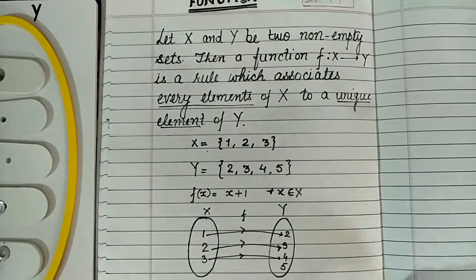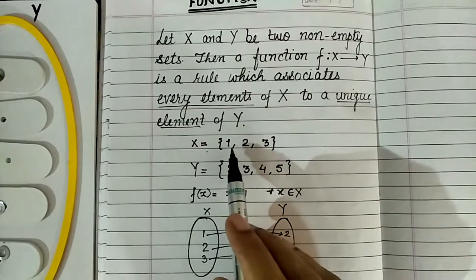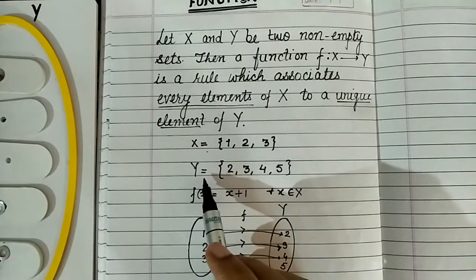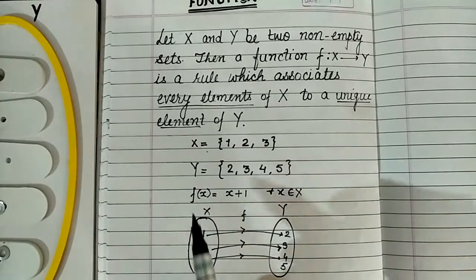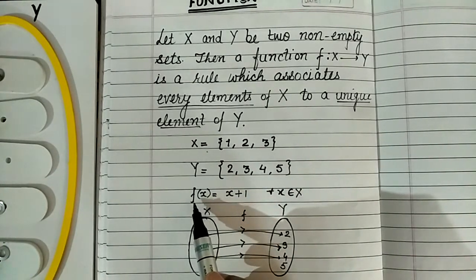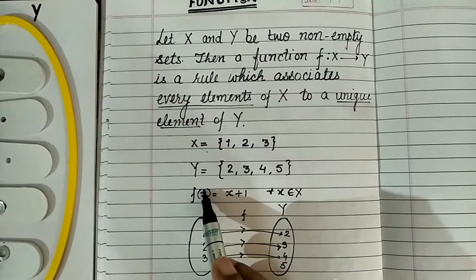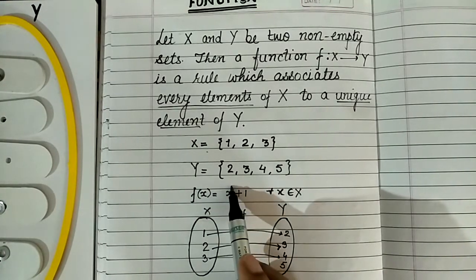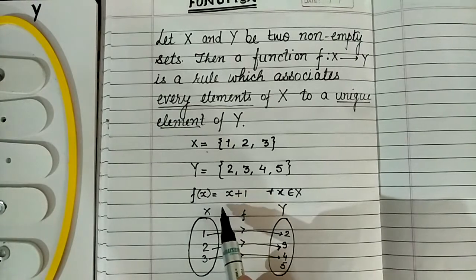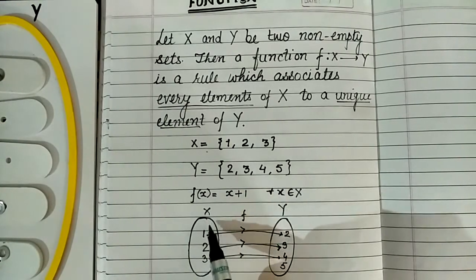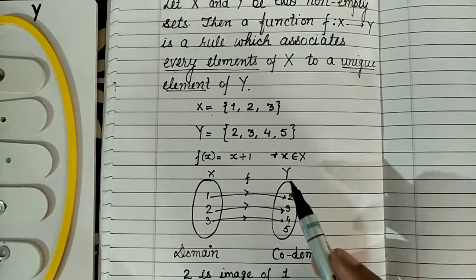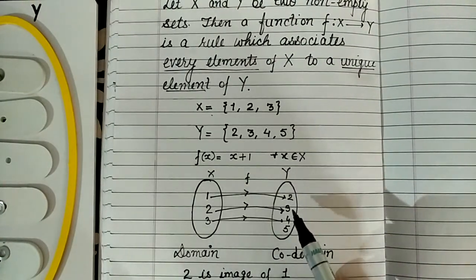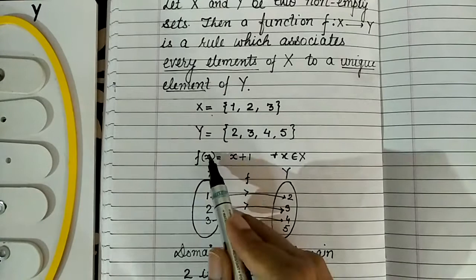For example, x be this set 1, 2, 3 and y be another set having the elements 2, 3, 4, 5. And we define a rule denoted by this small f which is associating x to x plus 1. We will check whether this is a function or not. So this is one set x having the elements 1, 2, 3 and this is another set y having the elements 2, 3, 4, 5. If we put 1 here,